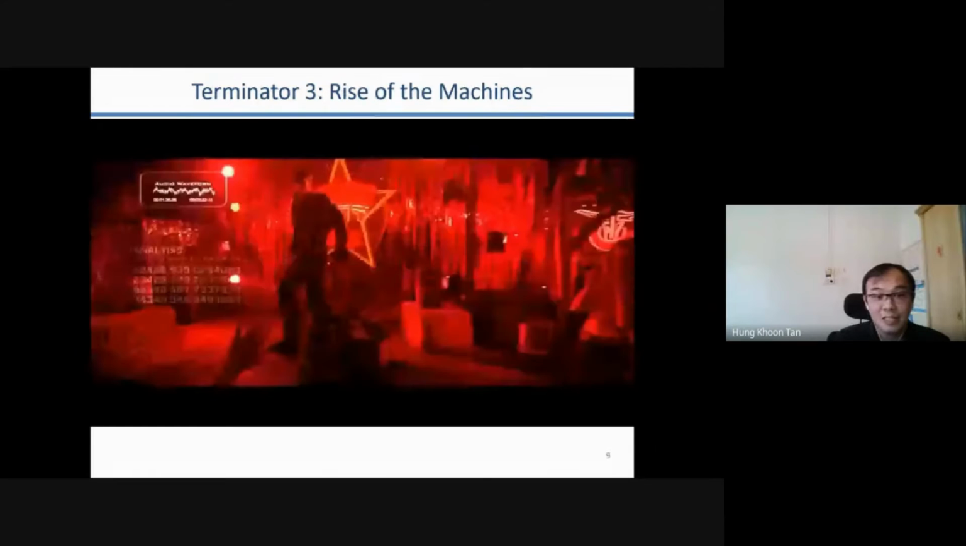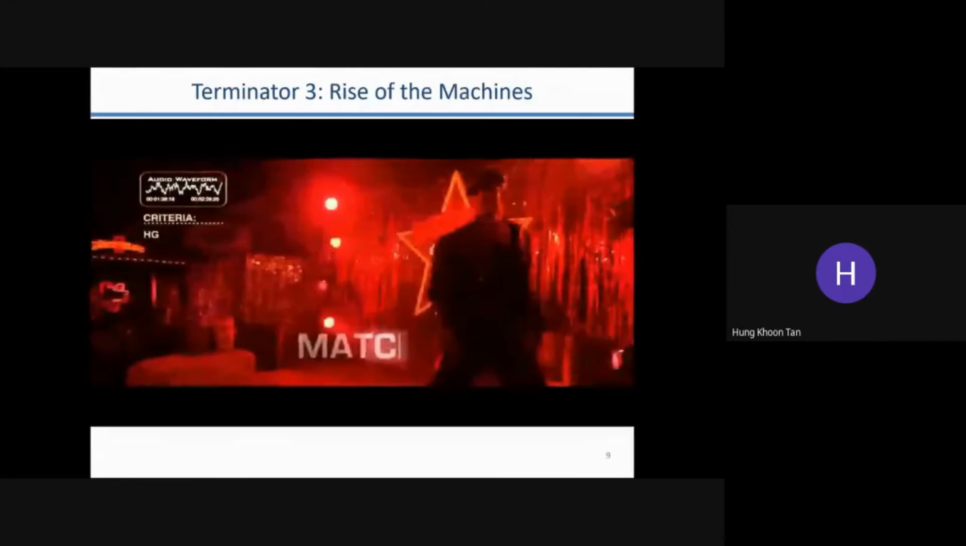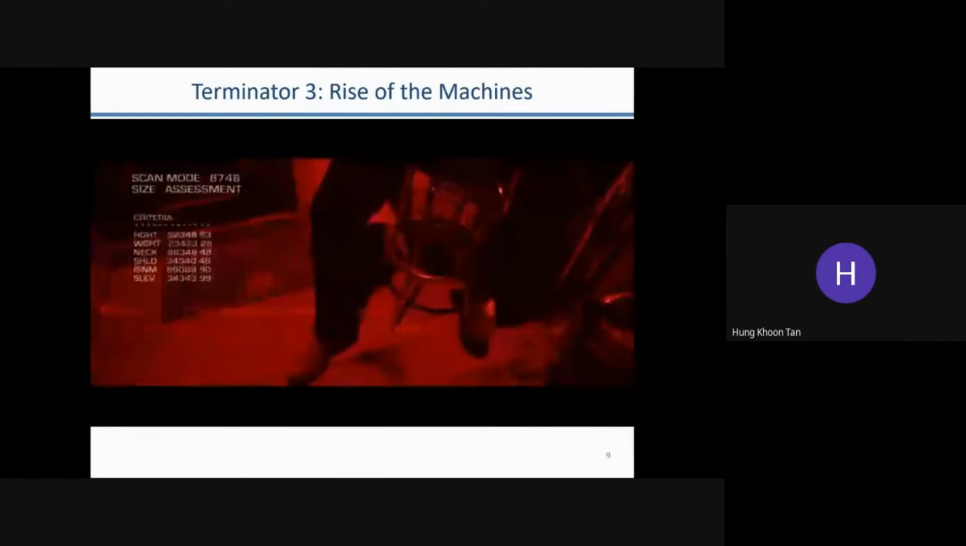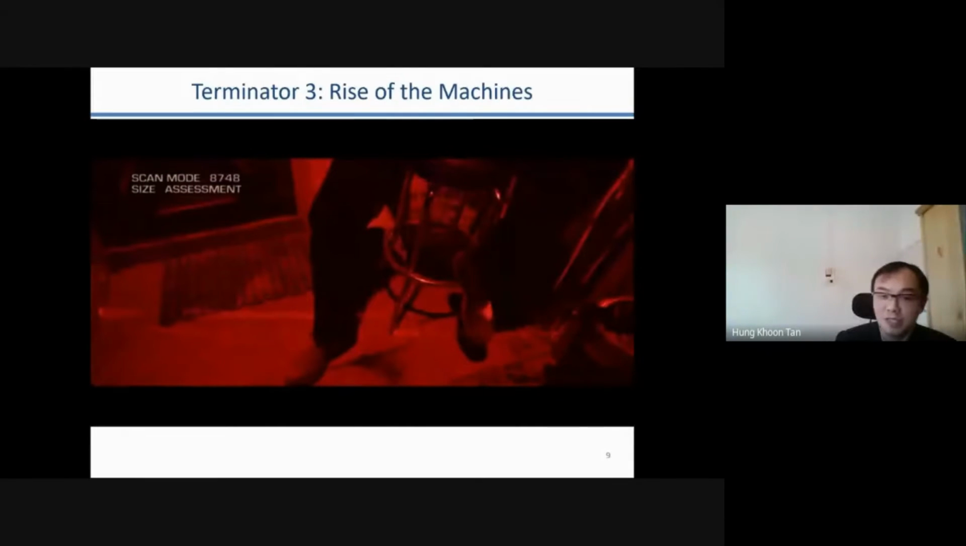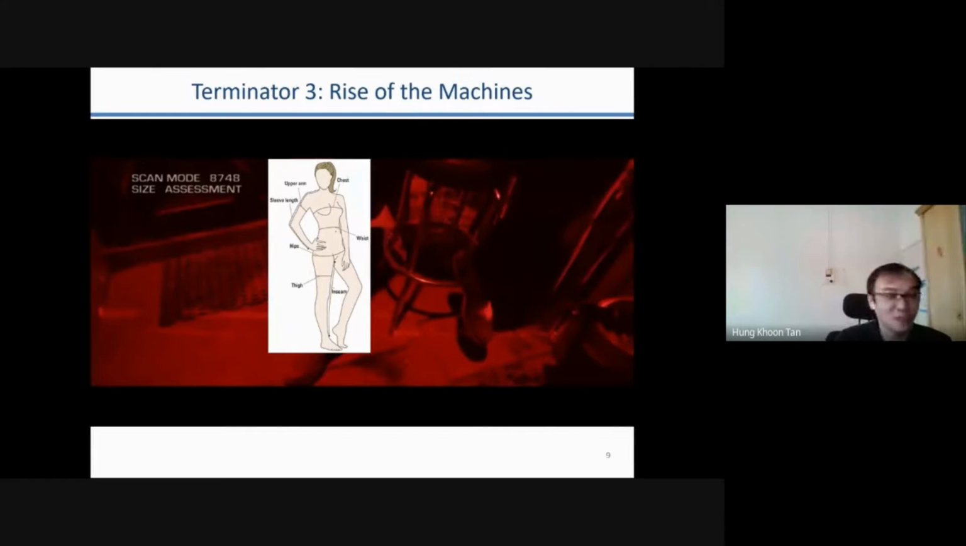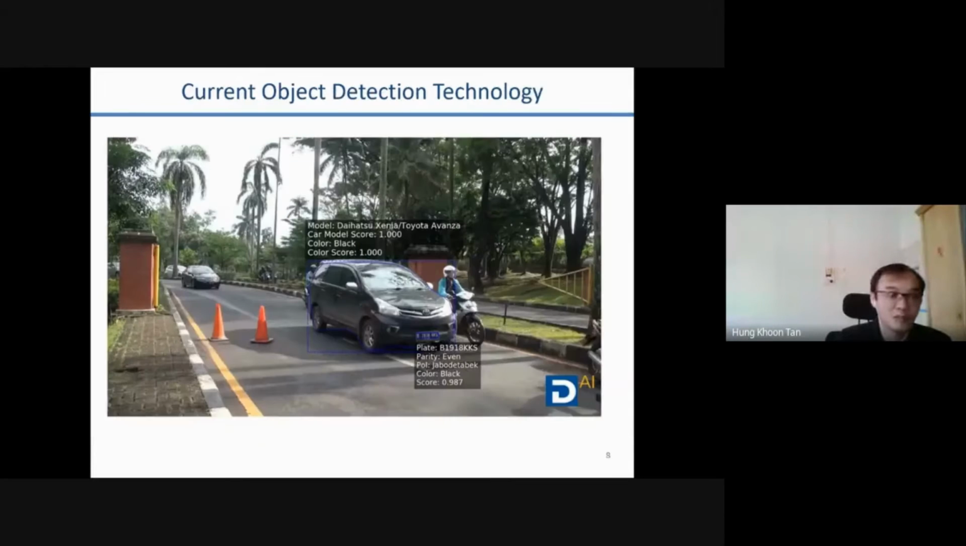He's actually scanning the person to get the body measurements of the people. So what are the body measurements? These are some things that the Terminator is actually extracting, for example, the inseam, the shoulder, the neck, and the waist. All these body measurements are used in order to find whether